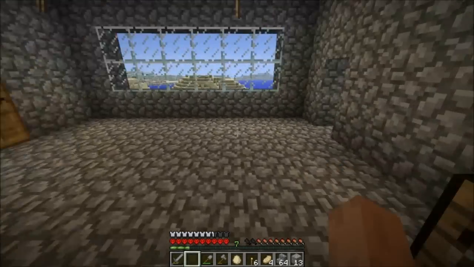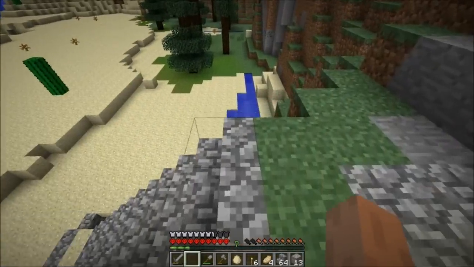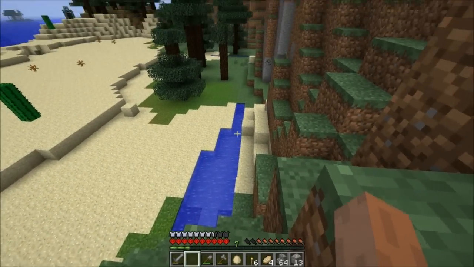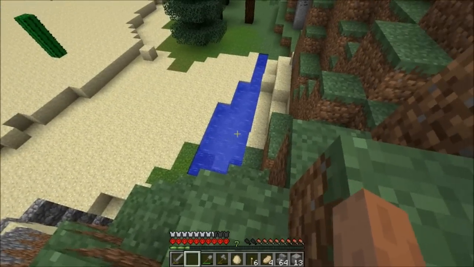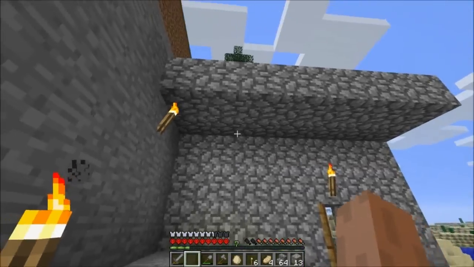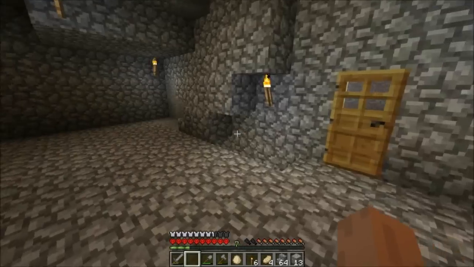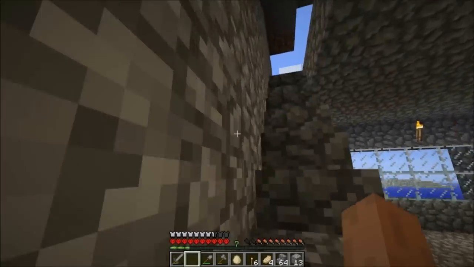So next time what we'll probably do is turn this area down here into a farm. I'll make the never-ending water source. We'll find a place for that up on the roof probably, or something. I think I'm leaning more towards, tell me what you guys think about this,